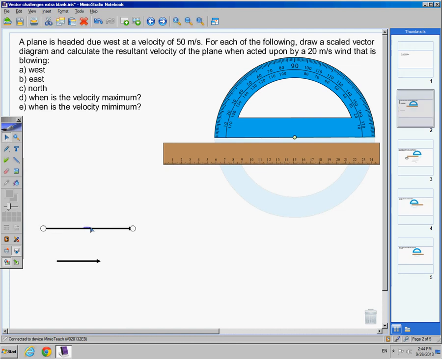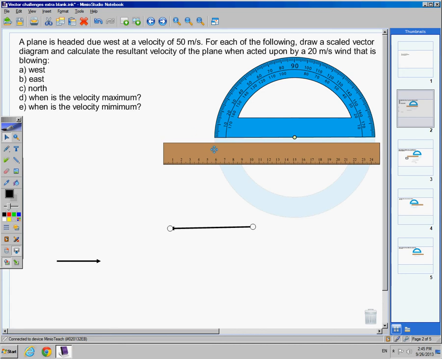So I'm going to take my arrow, point it in the westward direction, and let's see if I can get it to move to the right. I'm having a problem with it, so just give me 1 second. I don't know why it won't move. Here we go. And as we go to the right here,